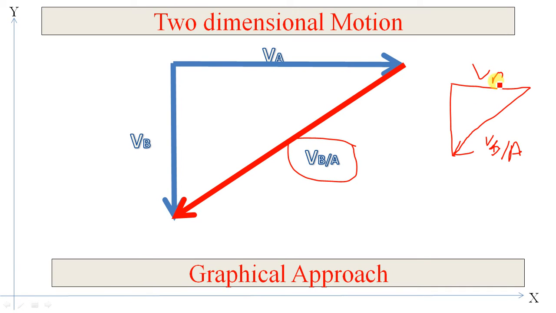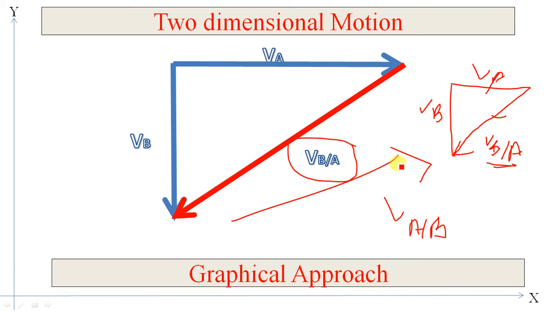Let's say this is VA and this is your VB. By applying Pythagoras over here, you can find out the relative velocity. Or graphically, if you plot VA and VB with some scale and draw this line, measure this line and multiply it by the scale, you will get the relative velocity of B with respect to A. Similarly, if you want to find the relative velocity of A with respect to B, just this arrow will be going in this direction instead of in this direction.